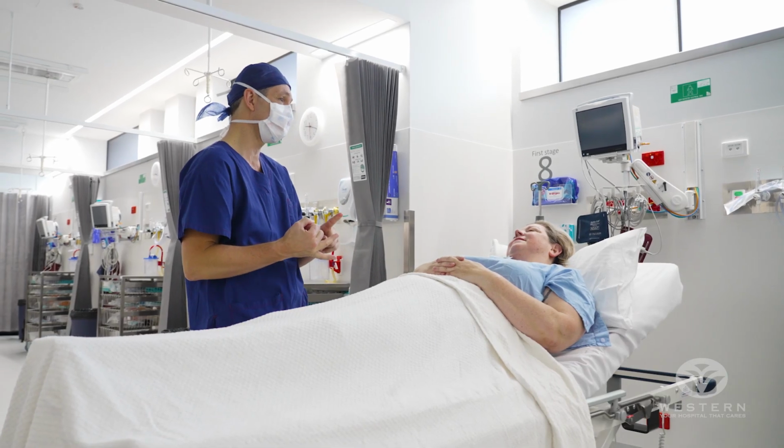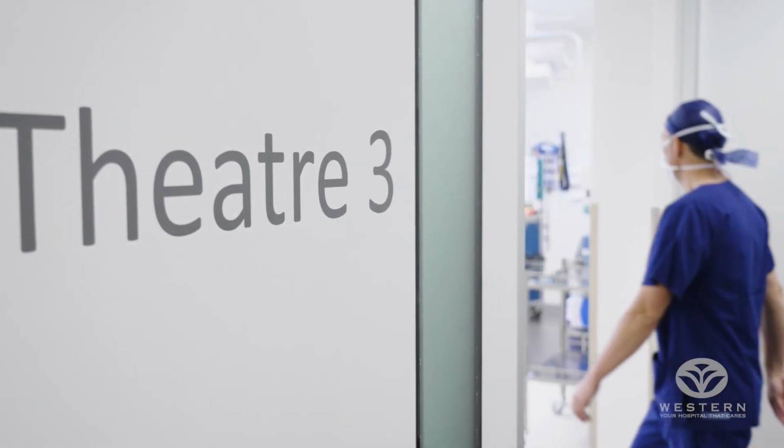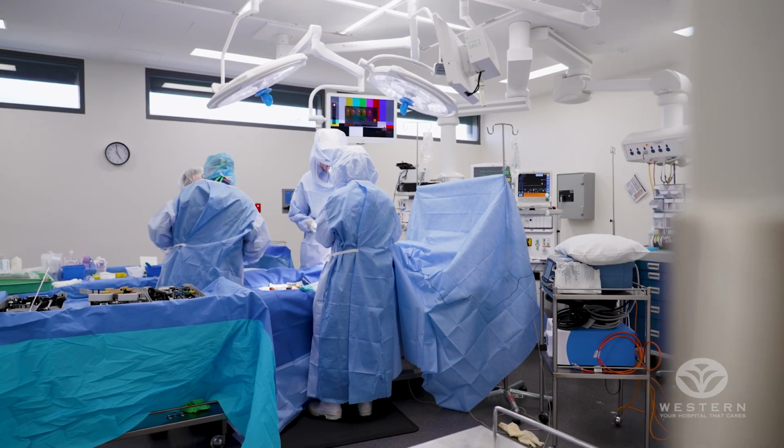If you go back in time 10, 15 years ago, if you went to your doctor and you had knee arthritis or hip arthritis, you would see an orthopaedic surgeon and they would do one operation. Nothing else in life do you have one solution for everybody. So one of the things that's changed is technology has advanced. And technology from an implant point of view, so you can choose, do you do part of a joint, do you do the whole joint, do you do different bearings, do you do a patient-specific joint replacement,